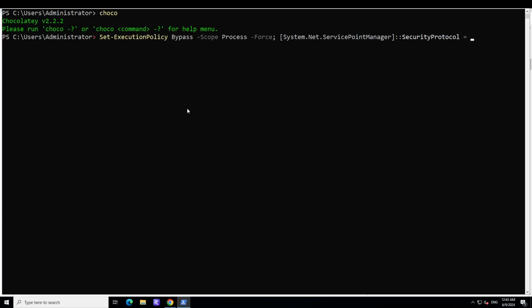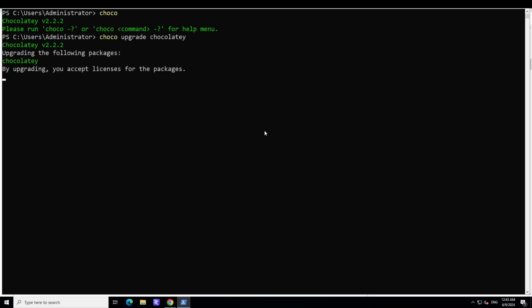So in order to install Chocolatey, all you needed was to run this command. Once you have run this command, you should be good to go. Now, if like me it is maybe a bit older version and you want to get the latest one, just simply run choco upgrade chocolatey. And once you do that,